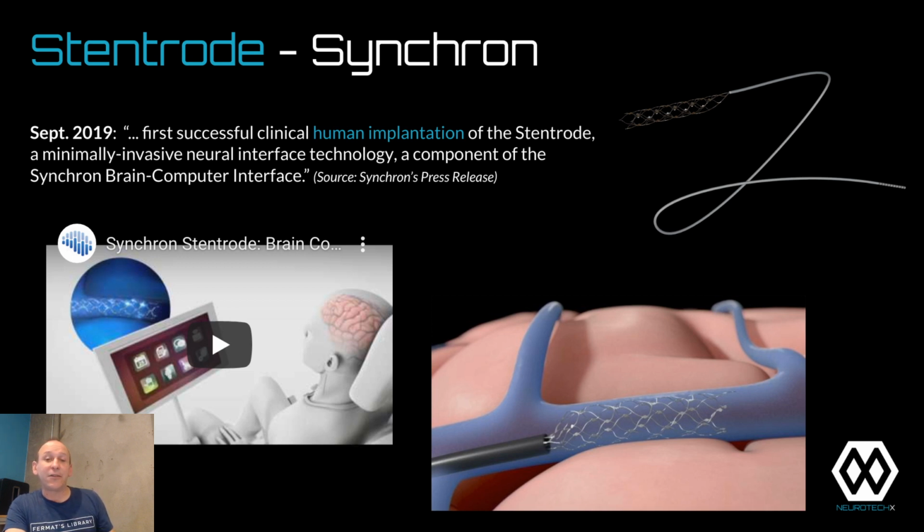MRI gives you a great view of what's going on there, but eventually you've got to fit some sort of device in there. In terms of tumors, people have come up with lots of ways to destroy a tumor, with some sort of needle and things like that. But with epilepsy, it's harder. That's why they do all this language mapping. We want to do this surgery, whatever temporal lobe resection, to help you, but we also don't want to make it so that you can never talk again. And anyway, one of the reasons these Stentrodes get proposed is,